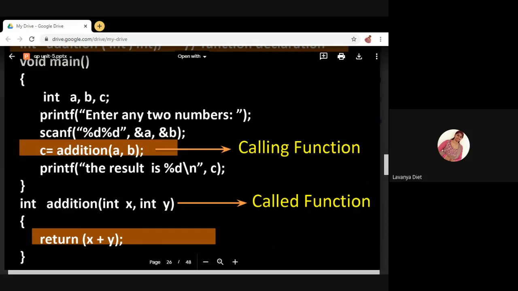In the calling function, I have passed two variables. Remember, in a function call, you have to pass variables. No need to declare like int a, int b. Simply pass variables. Here a is one parameter, b is another parameter, also called arguments. So this function contains two parameters or two arguments, nothing but a and b.